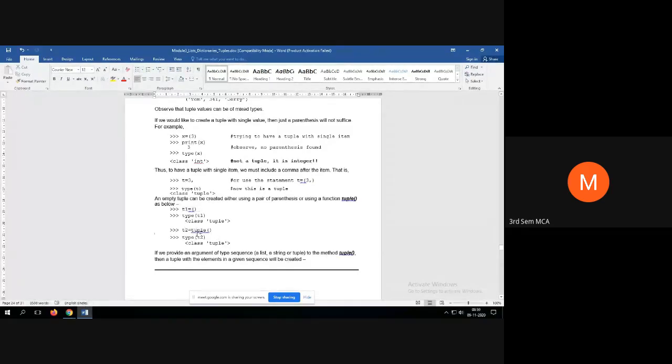Then you can see here how to create an empty tuple. So T2 is equal to tuple of no arguments. This is another way of creating it, but you stick to this syntax, T2 is equal to tuple. Now tuple is actually a constructor. It's a constructor which will work like a function to create an empty tuple.